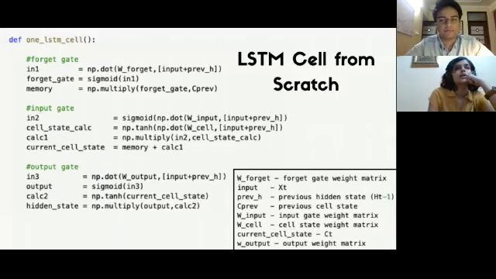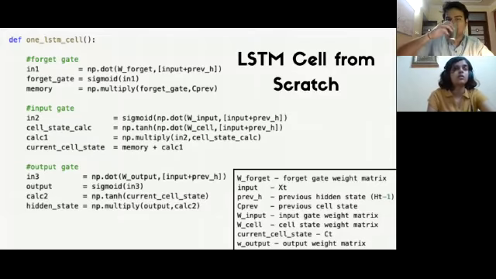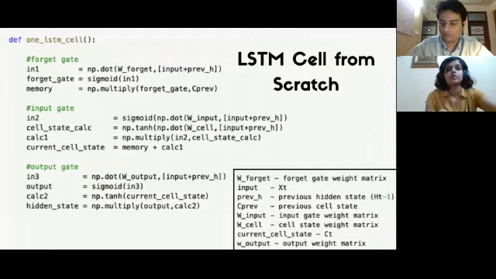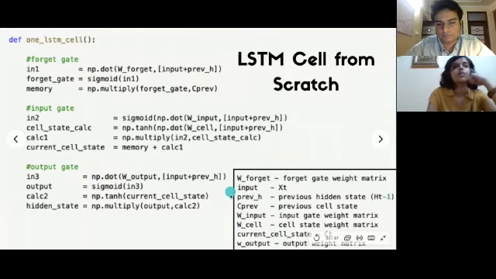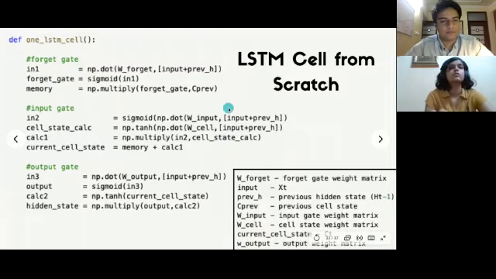Okay, so we have a function here. This basically has three different parts: the forget gate, input gate, and the output gate, as explained by Aditya. So for a second, just take this in. Look at the notations that we have right here. I've represented all the different variables that I've used in this little box here. So we've got W forget for the forget gate weight matrix, input for xt is input, and so on and so forth. So let's first begin with the forget gate. Let's go back to the image.